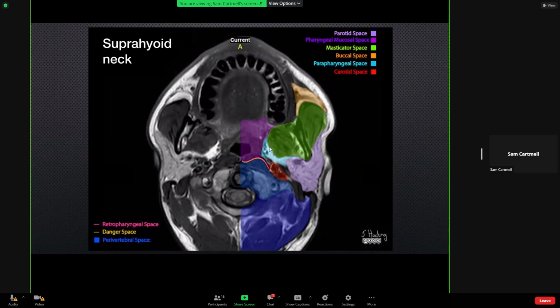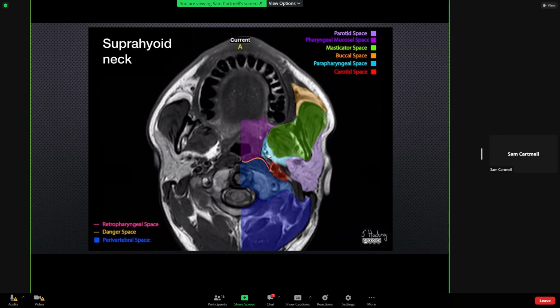The muscles of mastication, that's going to be the masticator space. This is the parotid, so that's the parotid space. We didn't discuss the pharyngeal mucosal space, but that's another space, and it would be bounded here by that middle layer that we talked about, whereas the superficial layer is the one making the boundaries of the parotid and masticator compartments. There's also the parapharyngeal space, which is sort of this fat that sits medial and anterior to